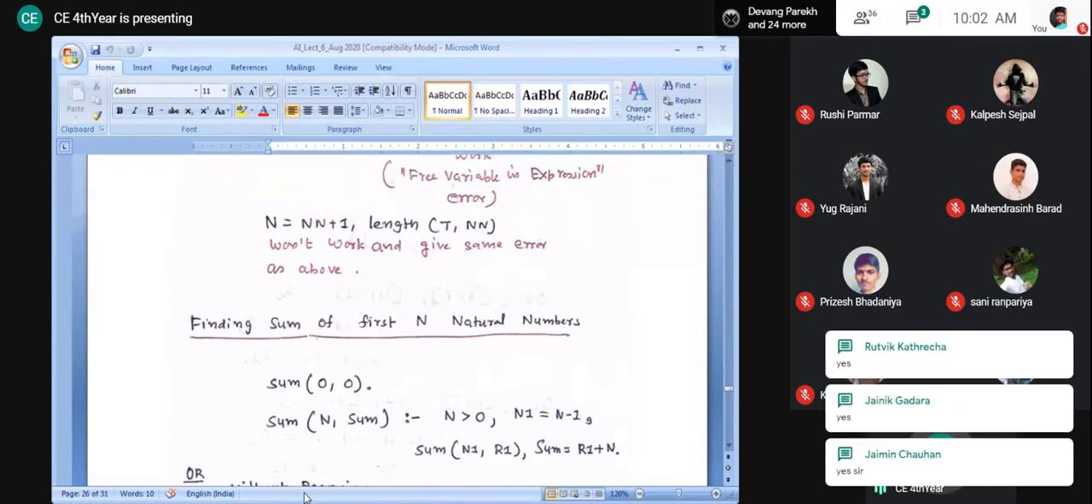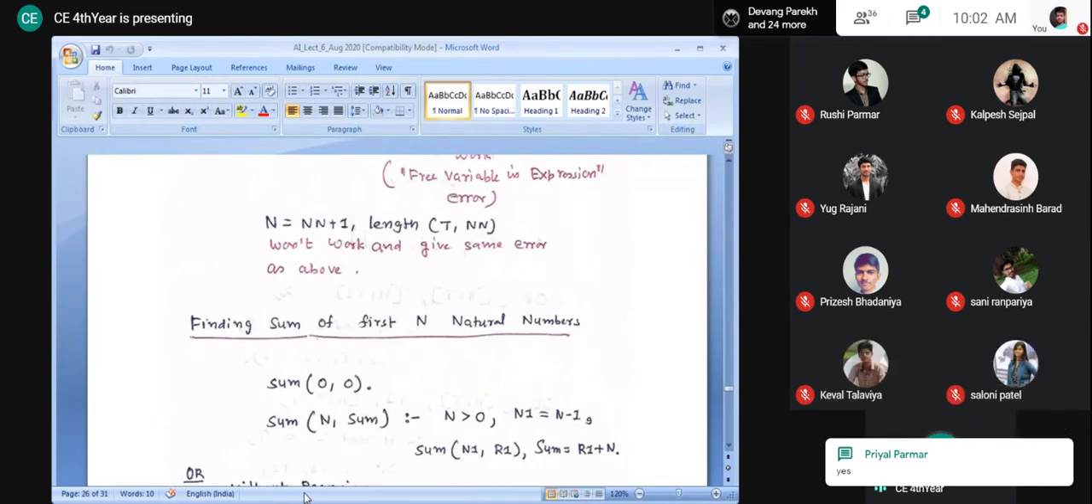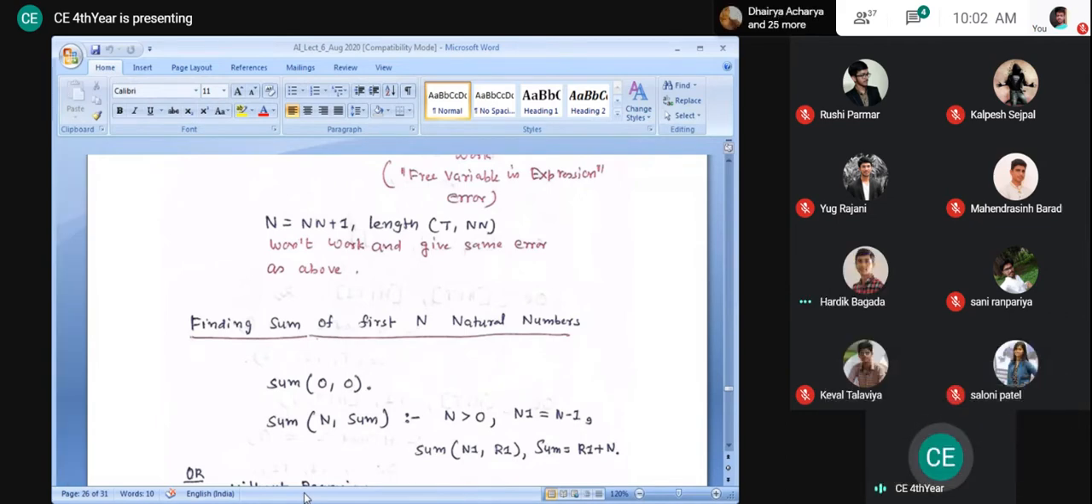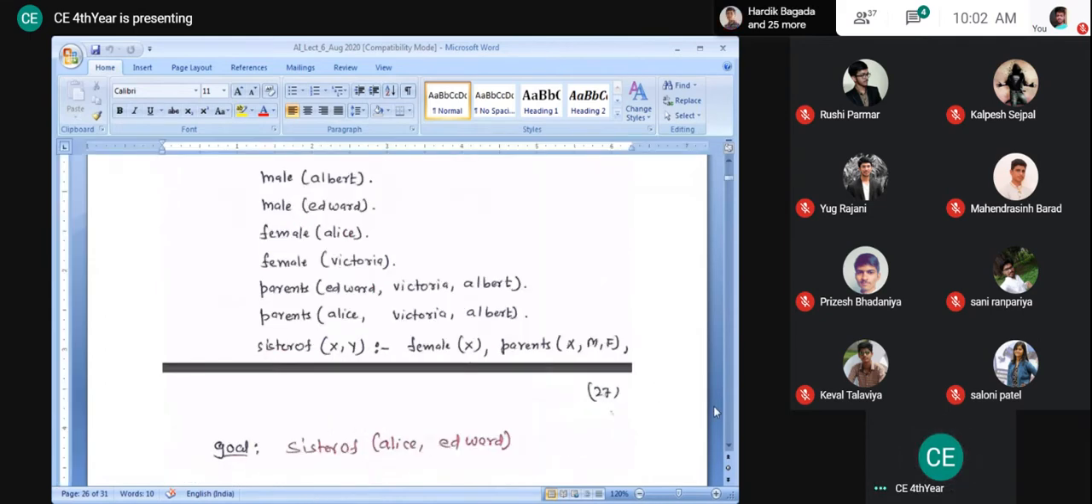So we start the day. We write a program for finding the sum of first n natural numbers. The formula we know: n into n plus 1 by 2. So if we write that without recursion,